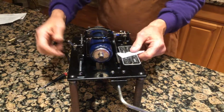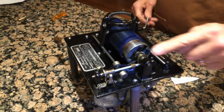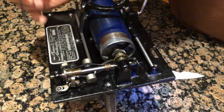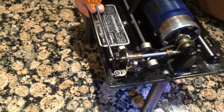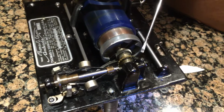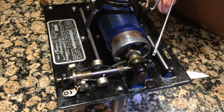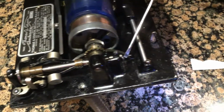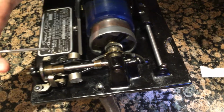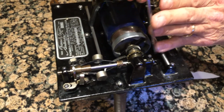The other trick I have on the Amberola 30, I've reassembled everything, is the governor. And what's cool about an Edison governor is, Edison machines, you have the governor bearing here, and you have a governor bearing here, and you have the screw here and the screw here that hold them in place. But you have this wonderful little screw right here. Victors don't have this wonderful screw. And the governor drives back this way. So if you unscrew this one,